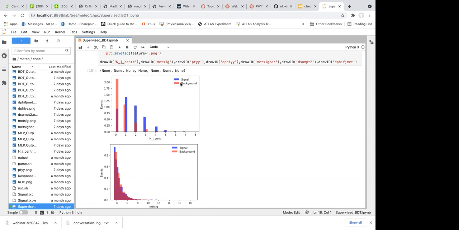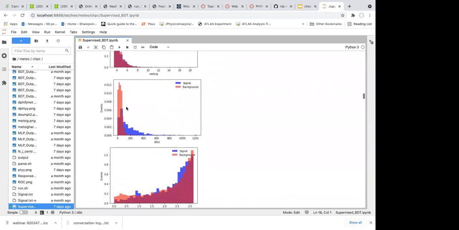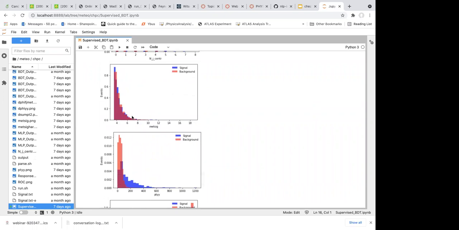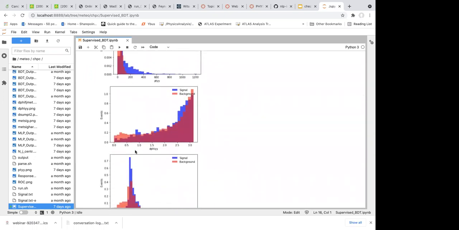We call them signal and background. We need differences between the signal and background so that we can separate them using machine learning. Of course, now we haven't used machine learning yet. We just have a rough feeling that, for example, in this distribution the blue signal is more on the right side and the red background is more on the left side. For different features, the distributions are different. Some of them, like this one, have quite a large discriminant power, where the overlapping region is relatively small. But for some of the variables it is not that obvious, like this one.